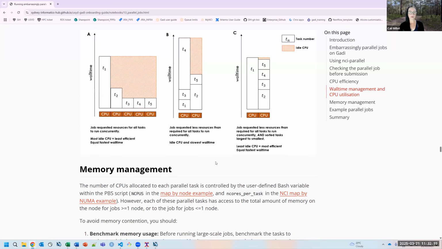this works in practice. So in the example here, we've got 5 tasks, and in figure A, you can see that the job was launched so that all tasks run in parallel. This obviously gives us the fastest possible wall time, but it does result in a lot of idle CPU, which is a shaded area here, so the least efficient way. In example B, the job has used strategy 2 and requested less resources than required for all tasks to run concurrently. So we definitely get a reduction in idle CPU, but unfortunately, because there's no task sorting, the wall time